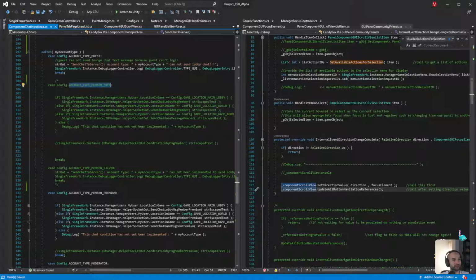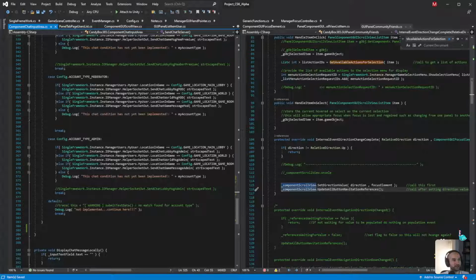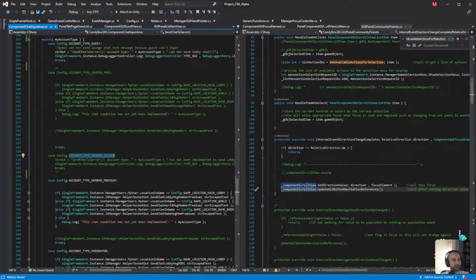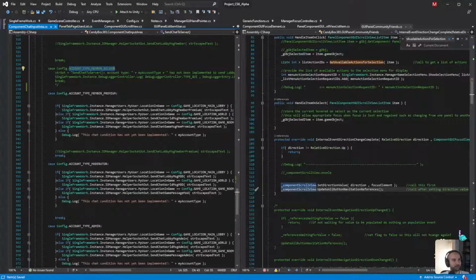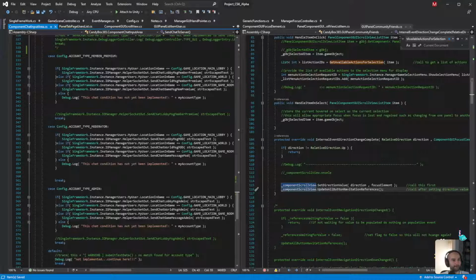So member free doesn't exist, member silver doesn't exist, moderator exists, and admin exists. So we just need premium, moderator, and admin. They look the same, like this nested switch logic. Oh no, it's not the same. It's similar, not the same.